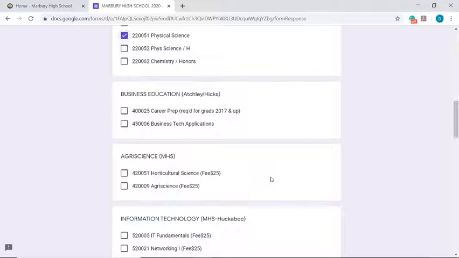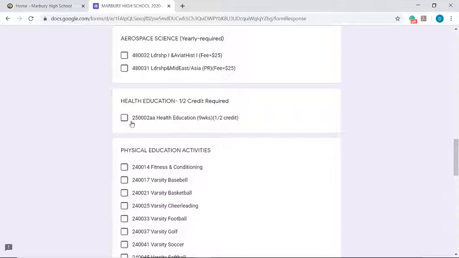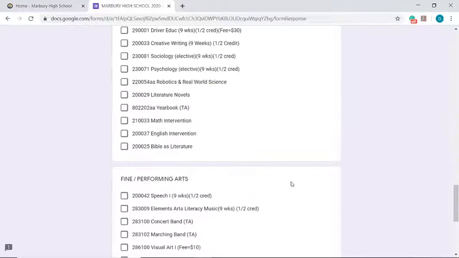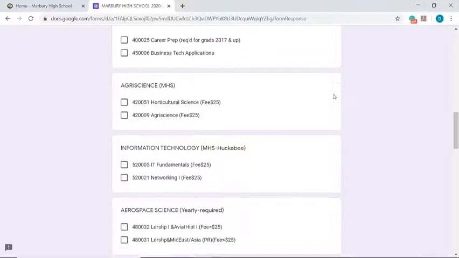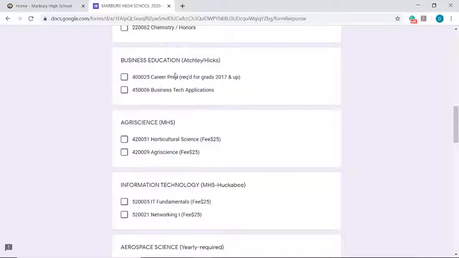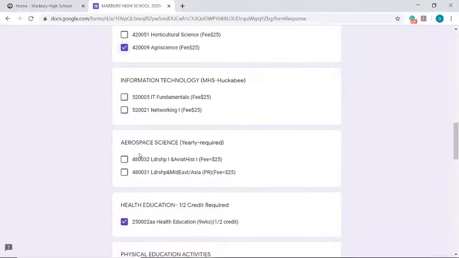If you are a 10th grader, for example, all 10th graders are required to take health and driver's ed. So I will scroll down until I find both of those. There's health education, and I will try to track down driver's ed for you. There's driver's ed. And so I have those 2, which are both half credit courses, so that brings me to 5 total courses. And I will select 3 additional courses. I will select business tech, I will select agri-science, and I will select,